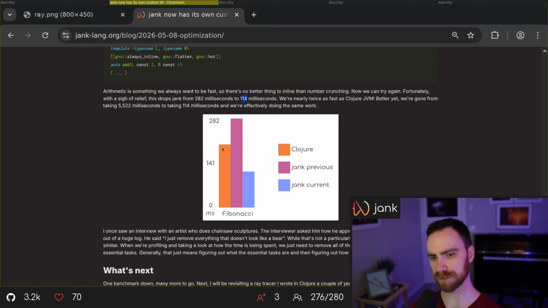So Clojure was at 200. We made it down to 114. And so not quite twice as fast as Clojure, but almost twice as fast. Also, yeah, we do have that